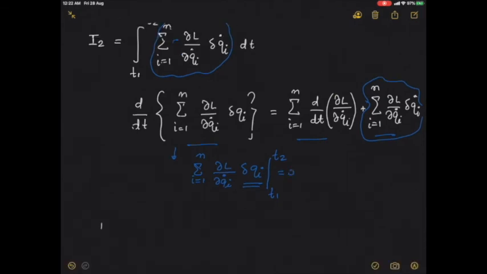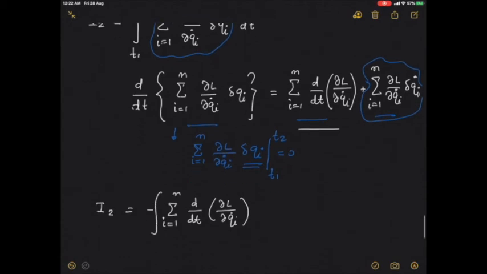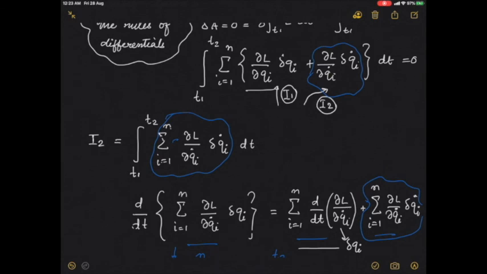And hence this integral, now I can write down. So let me write it here. I2 is nothing but the negative of the first integral, which is minus the summation over I equals 1 to n d/dt of del L del Qi dot, and I should have the integral sign for the integral t1 to t2 dt. I missed a delta Qi here. So that's I2,